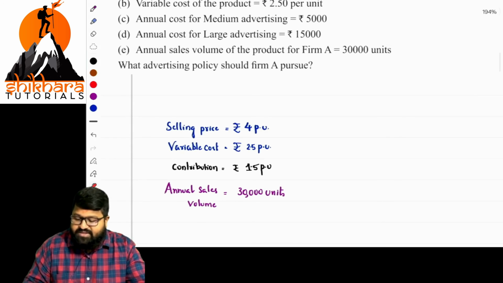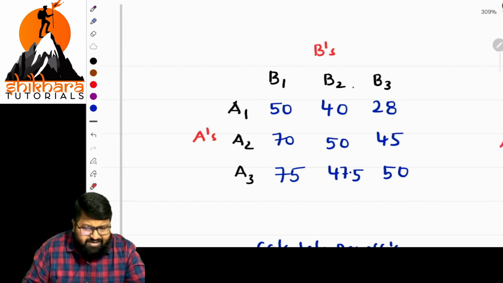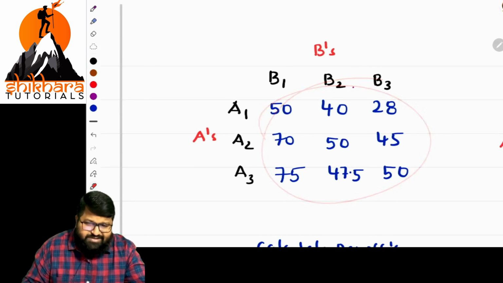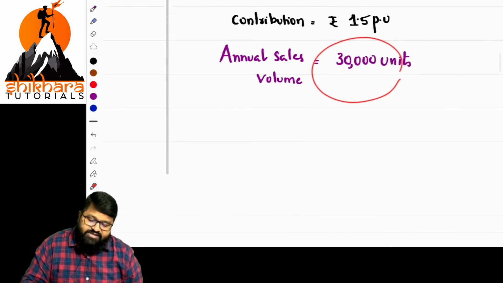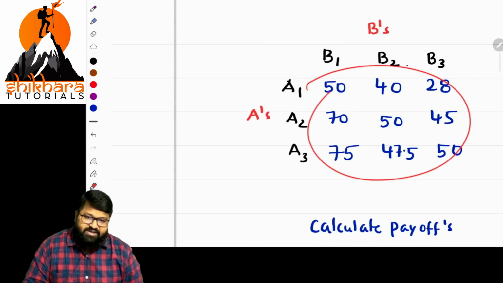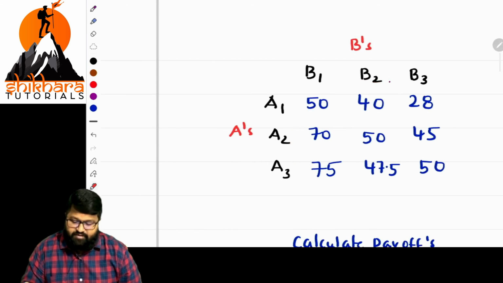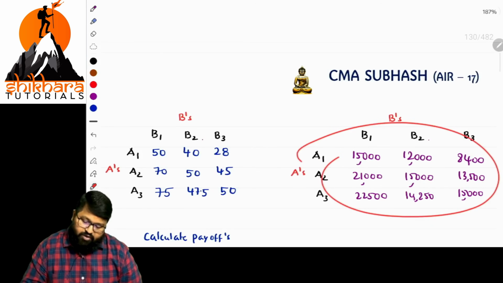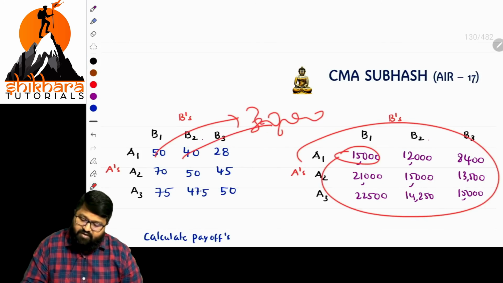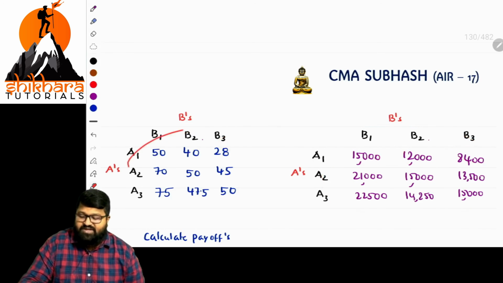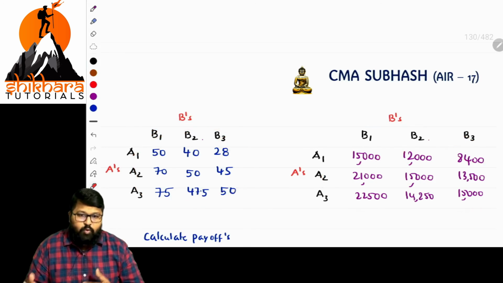So listen carefully. Whatever information we got there, we mentioned, and annual rates, annual sales values are always given. Now, this is our matrix. What are these things? These values are percentages. So we have the value of 30,000 units now. By applying the percentages on those 30,000 units, what are the units sold we can get? Just like this, units sold we got. The 30,000 is the total value. Applying 50%, we got 15,000, and 40%, 12,000, and 28%, 8,400. We converted these percentages into units.